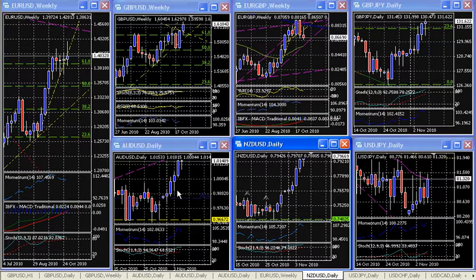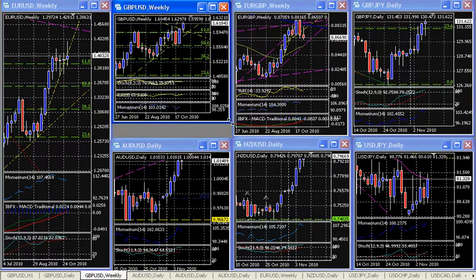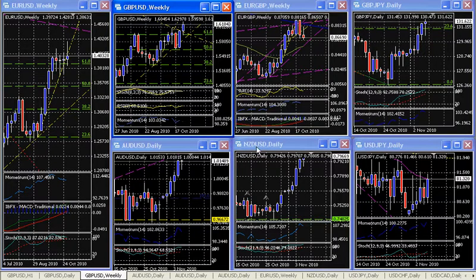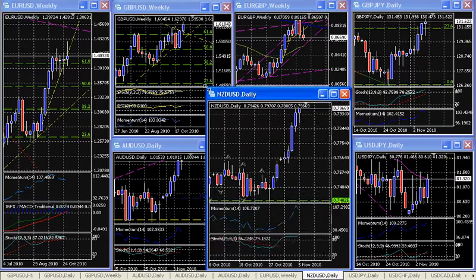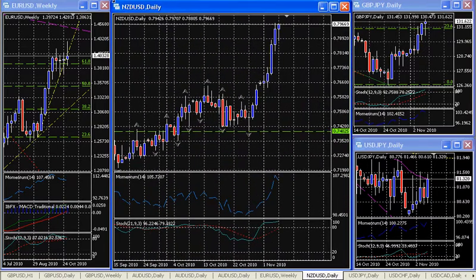However, would like to note also that the triggered, or the fuel that triggered the Australian dollar, was the interest rate increase by the Reserve Bank of Australia. And we would like to state that the triangular formation here also on the New Zealand dollar, if we look at it and try to extend here, oops, I'm sorry, let's see if we can get it right, right here,